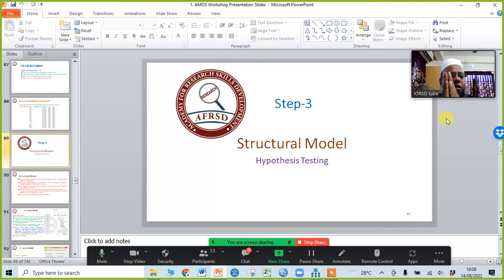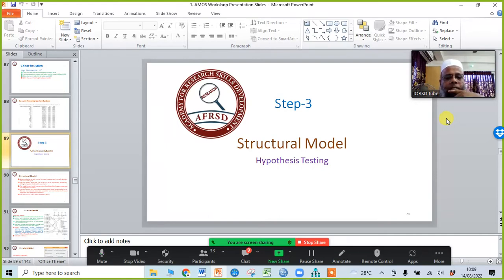Here in the structural model, we will check whether our proposed hypothesis is significant or not. We will create the structural model. We will open the same measurement model and save it as a structural model.